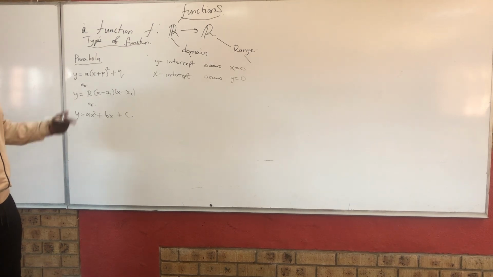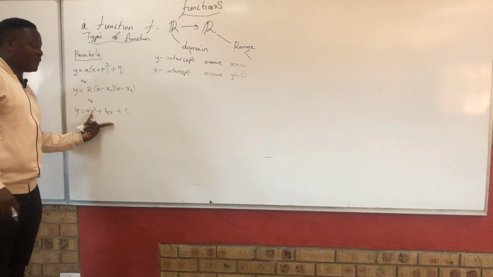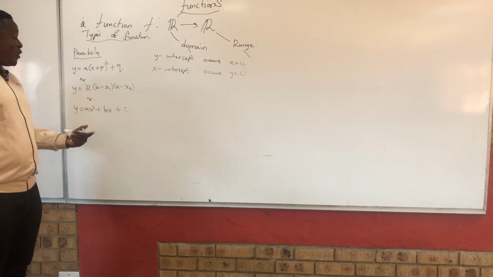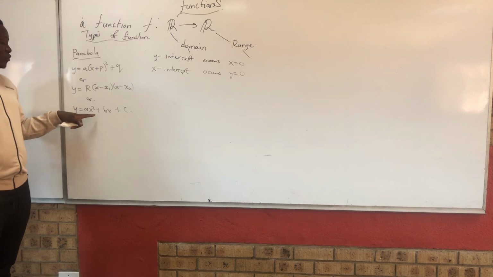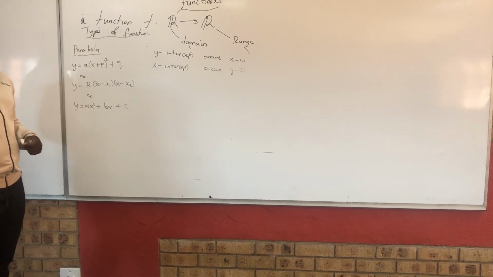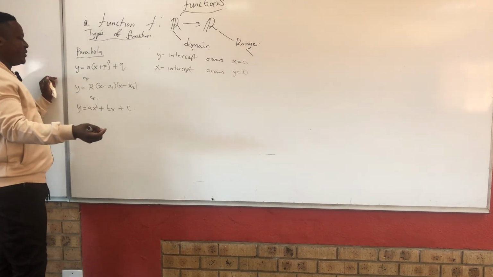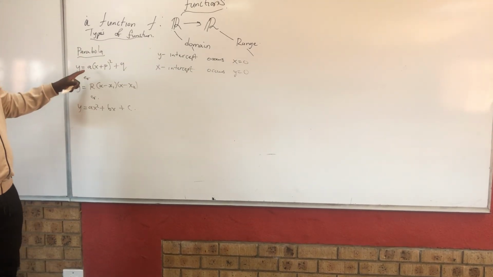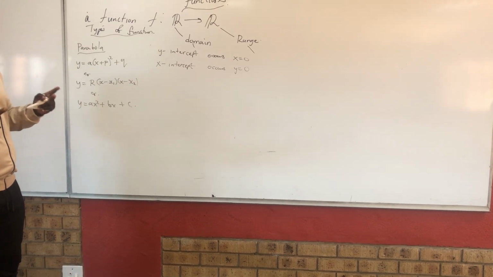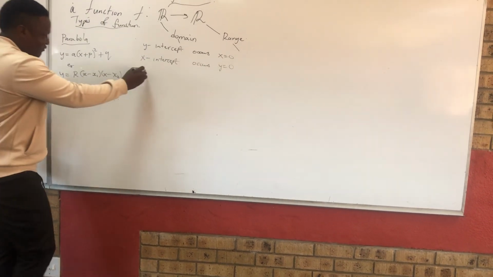For this kind of equation, the y-intercept is simply the value of c. Why? Because if you let x be 0 in this one and this one, you will simply get y to be c. So in order to get the x-intercept, you simply let y be 0, and in this case you'll be solving, finding the values of x. So for example,